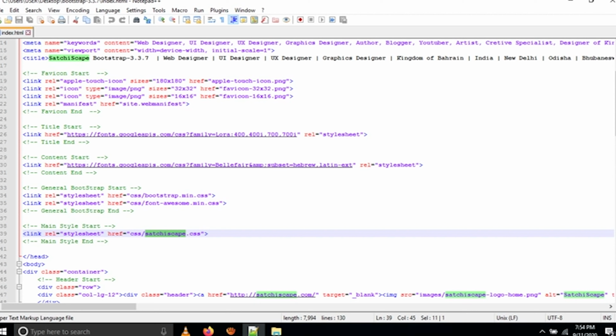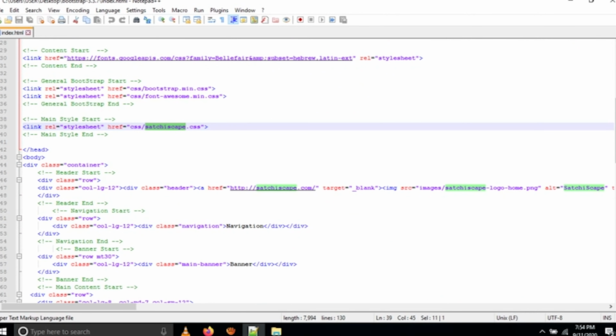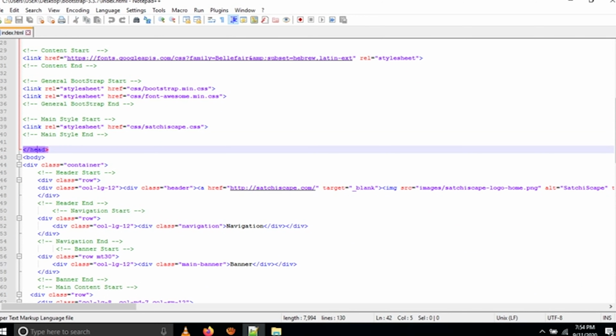That's why we are using Satiscape.css after bootstrap.min.css.